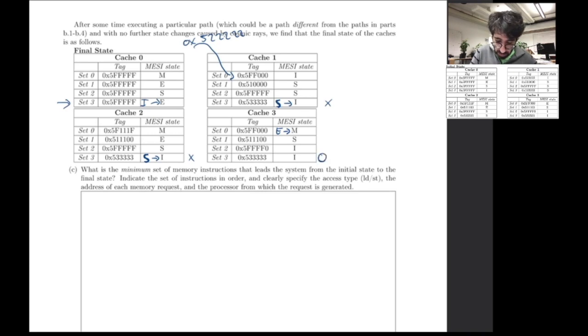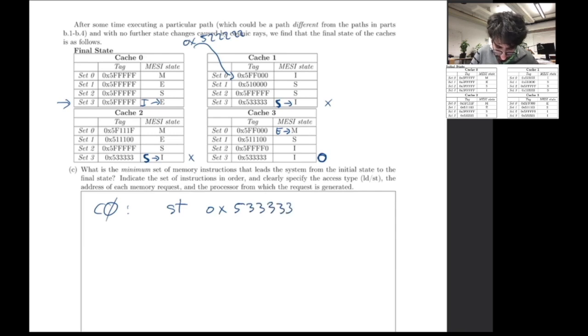In cache 3, we don't need to modify set 3. So let's use cache 0. To invalidate set 3 in caches 1 and 2, we have to store the same cache line that is in cache 1 and cache 2 in set 3. So we store